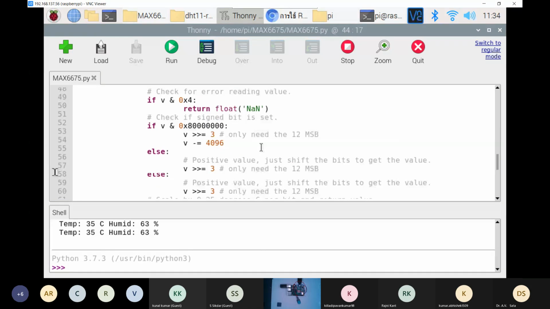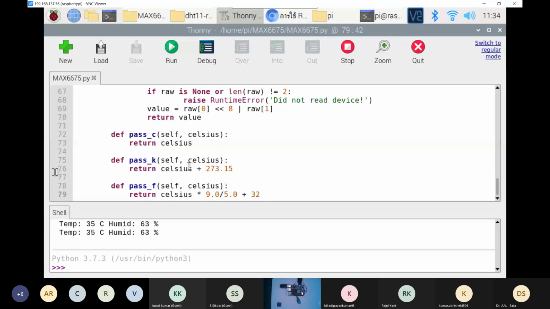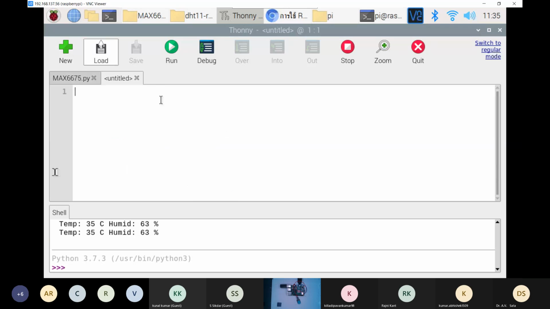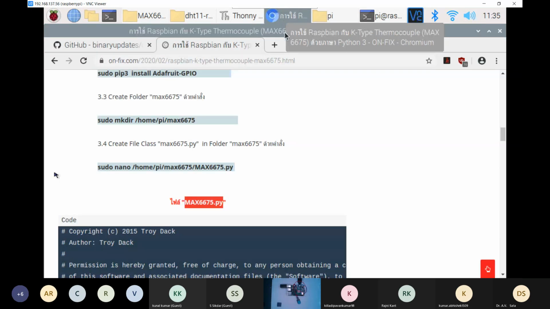Also, if you want to get the data in Celsius or Kelvin, it will be defined over there. So basically, we are defining all the necessary requirements of next6675, and then we will create a newer file that will be a function file. So first, we have created a library, and then we are creating a function file.